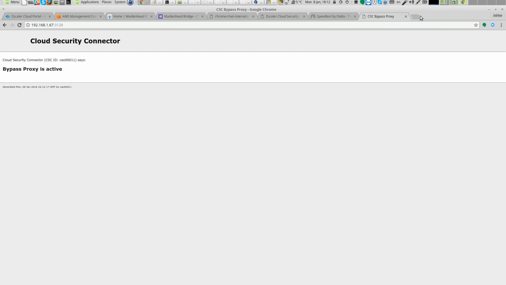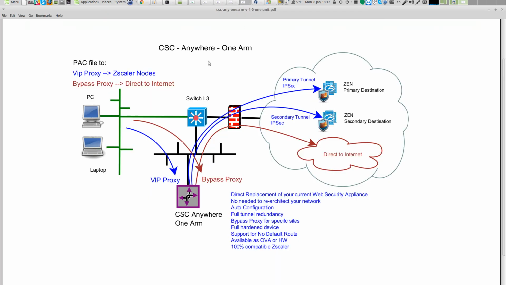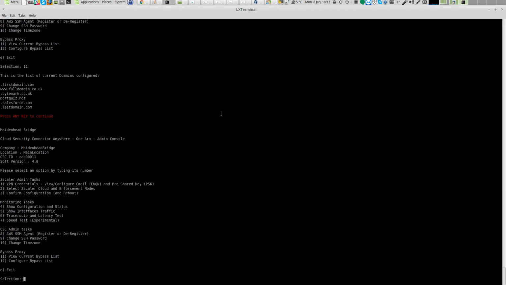And now I have a full solution to send the traffic to Zscaler with all the monitoring tools, like that, bypass proxy. You are already near done, but there is one more thing, a very important thing, because the cloud connectors are a cloud instance. You don't need to think of an appliance or something like that. Our cloud instances are